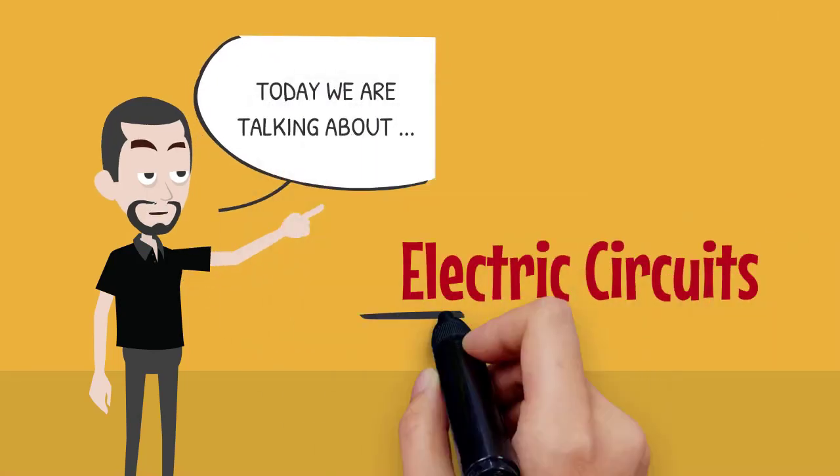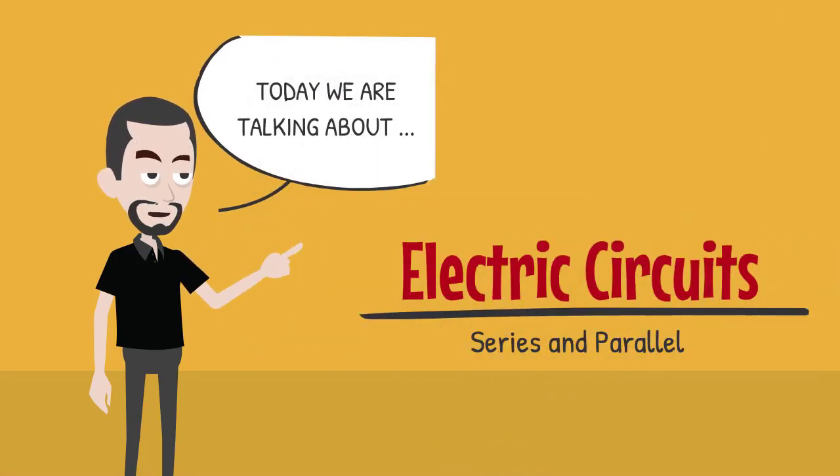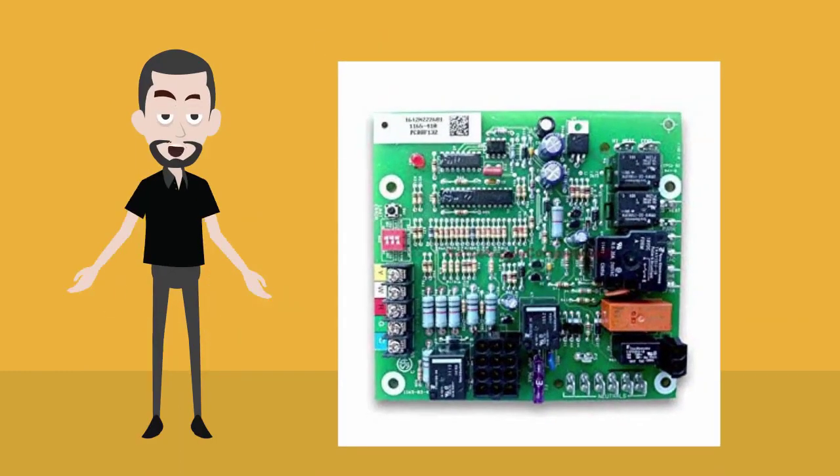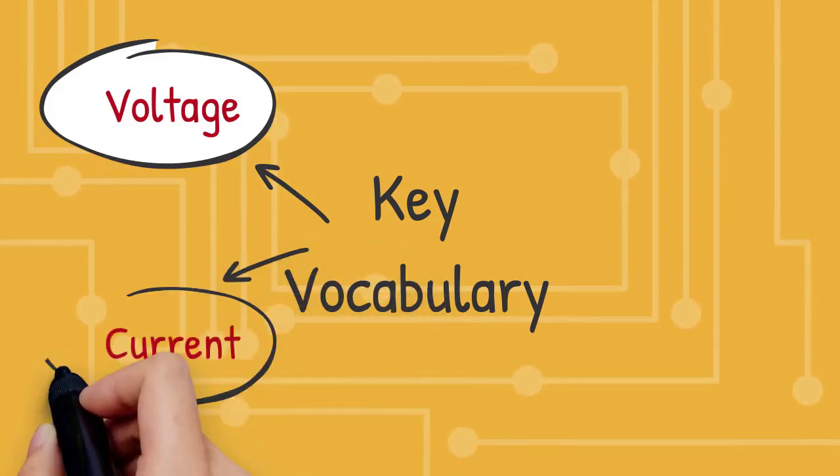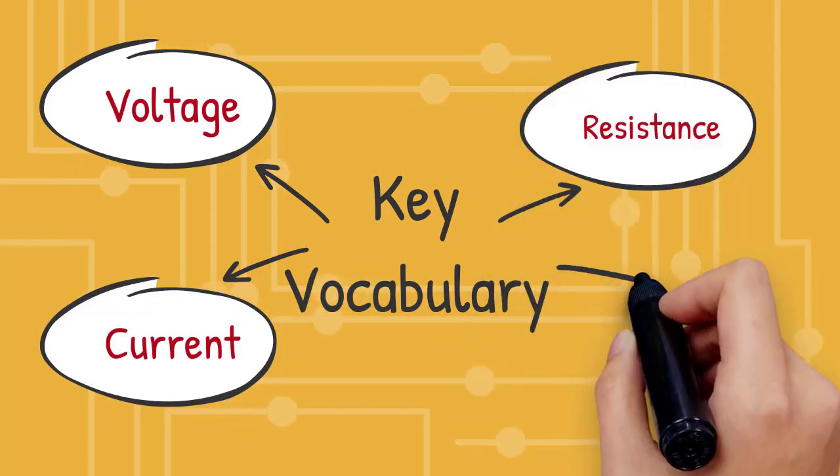Today we're going to be talking about electric circuits and how they can be in series or in parallel. Looking at a real circuit board is very complicated with lots of different devices like batteries and resistors and switches. So what we're going to do is break it down piece by piece so that you can understand what to do. So first we're going to start off by learning some of the key vocab terms, such as voltage, current,